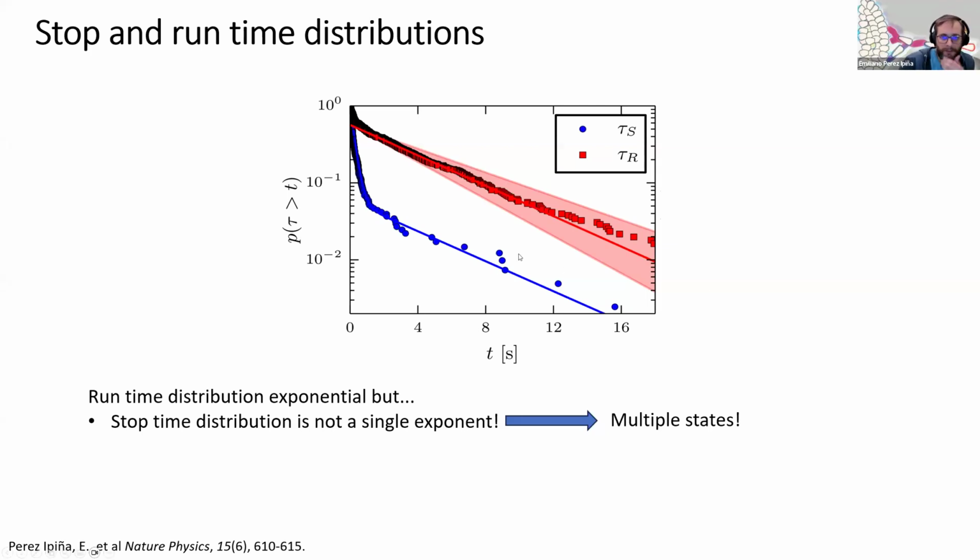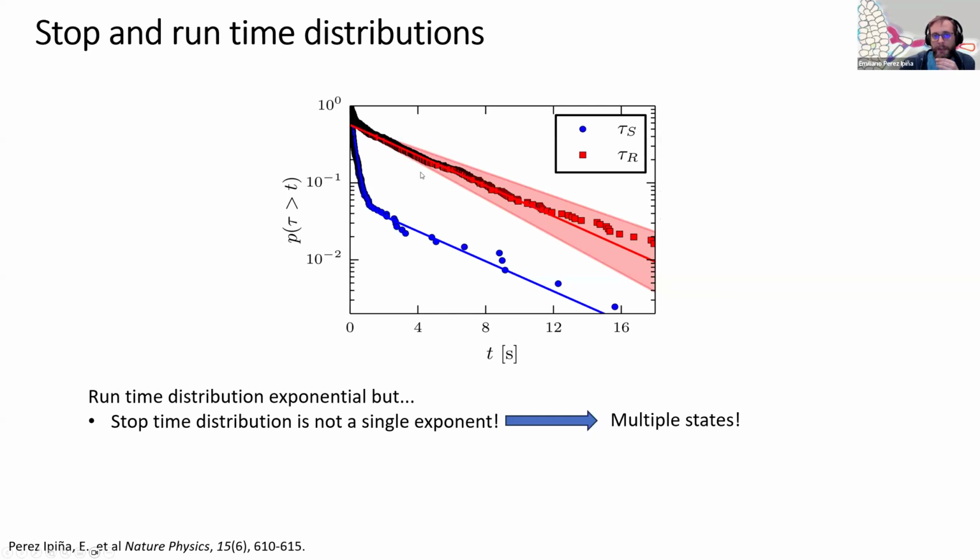So something that was a bit unexpected for us is what we observe here. For the running time distribution, this red curve, this is what we were expecting. We observed that this is well fit with a single exponential. So that is compatible with the idea that there is a single time scale in this problem, and it's probably